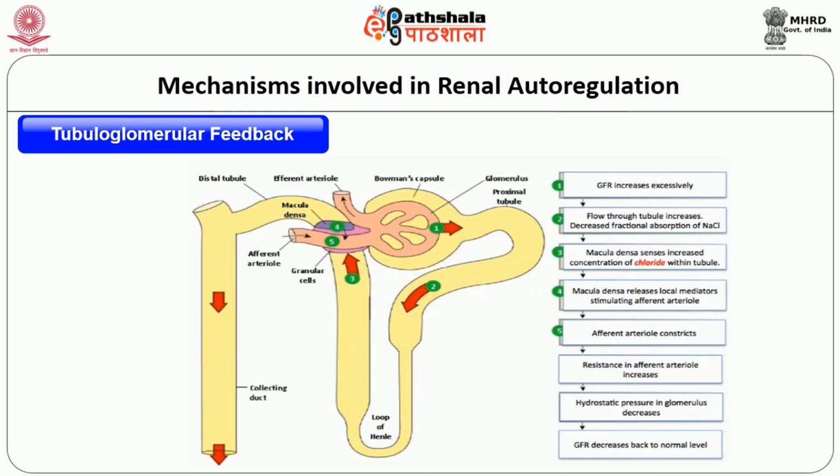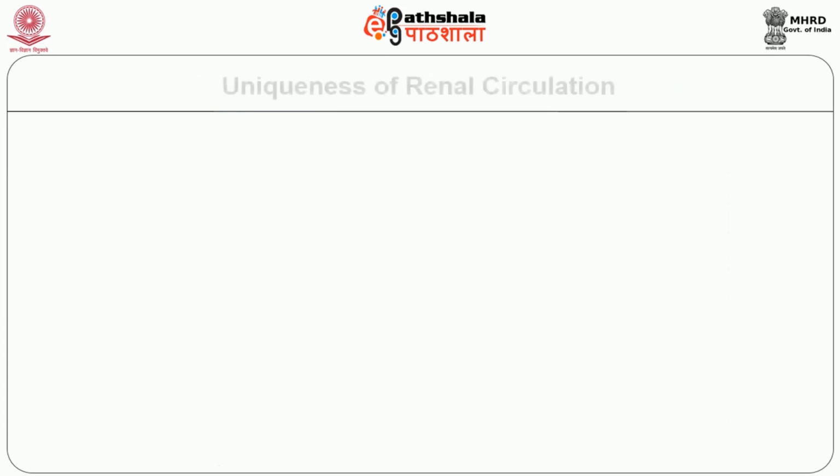If there is further increase in sodium concentration, nitric oxide, a vasodilator, is released. This prevents excessive vasoconstriction. On the other hand, if the juxtaglomerular cells are stimulated to release more renin, the renin-angiotensin system is stimulated to produce angiotensin II, which constricts the efferent arteriole and increases GFR. Thus, the kidney maintains its own blood flow.